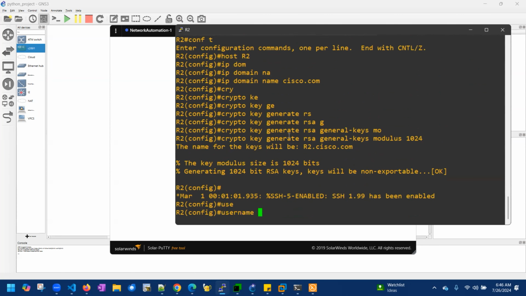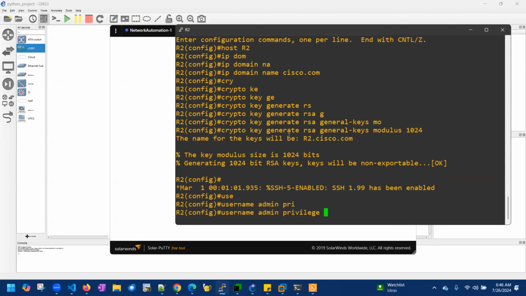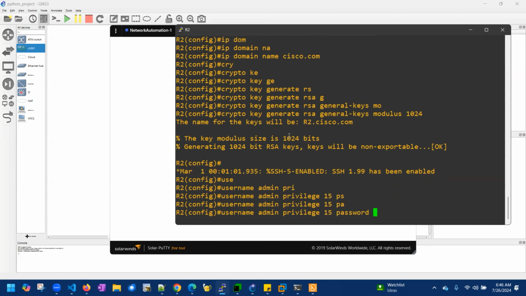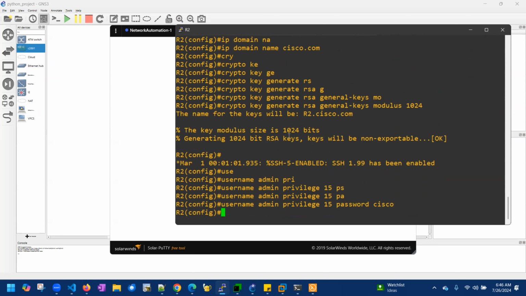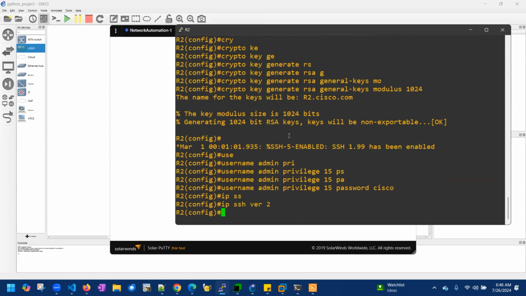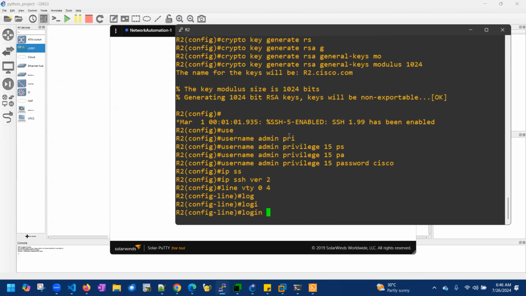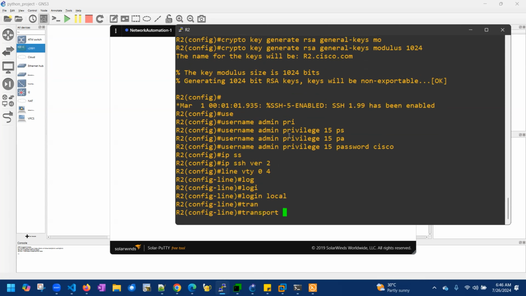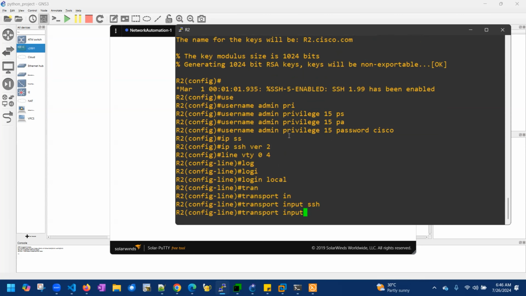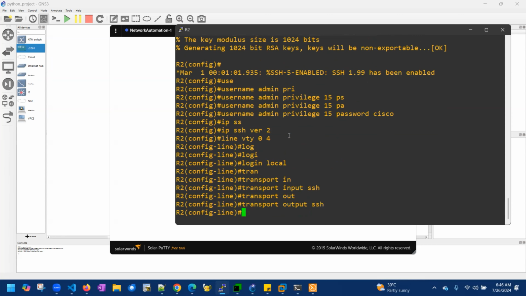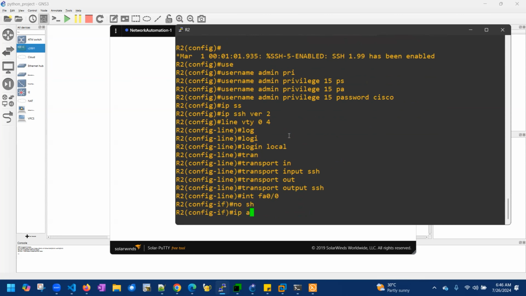Then create the username admin privilege 15, password Cisco, like that you can create. Then you can do ip ssh version 2. Then go to line vty 0 4, login local, transport input ssh, transport output ssh. And you can even go to interface Fa0/0, no shut and ip address dhcp